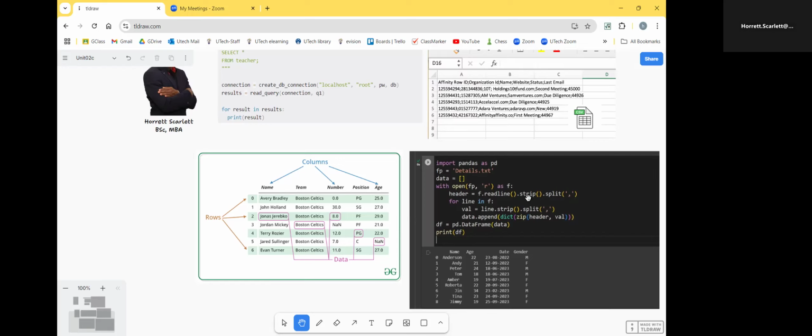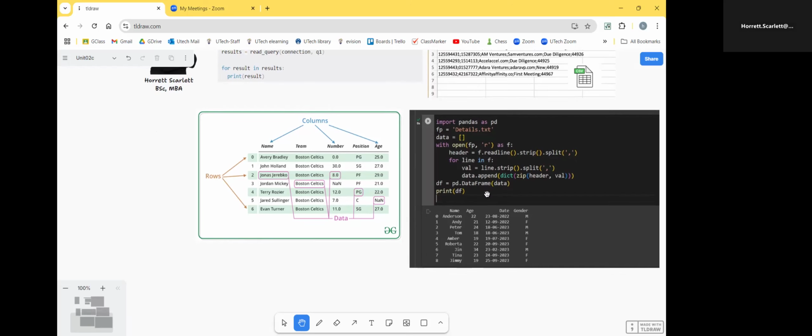Note, we can strip out the data. We can split it based on the delimiter, which in this case would have been a comma, but it could have also been the colon as was demonstrated in the CSV file above. And then what that will do is break up the data and format it in terms of rows and columns so that we can now get access to the data to do our different analysis.